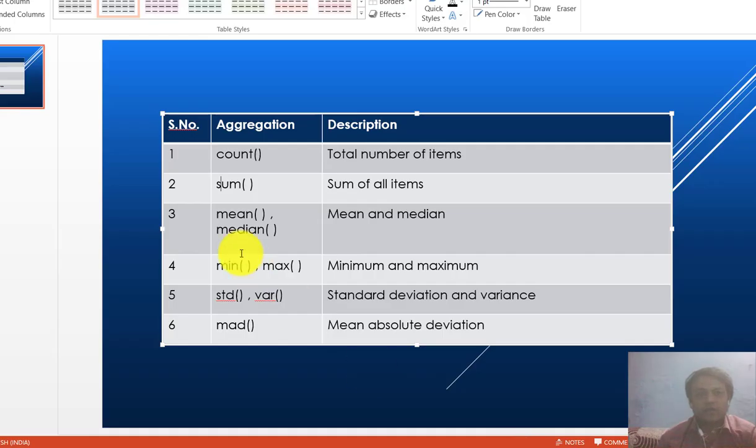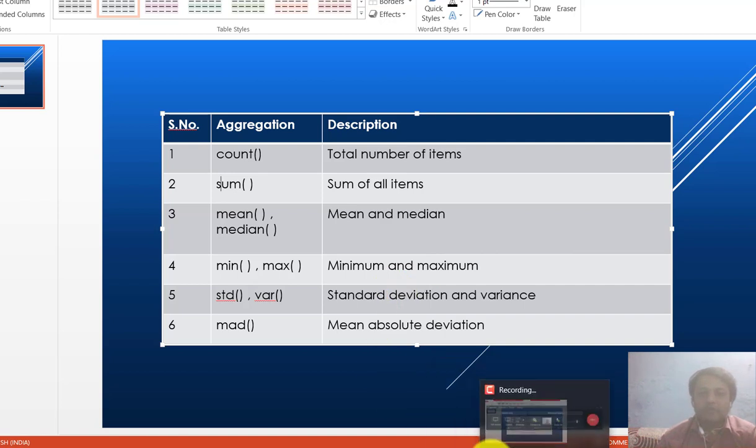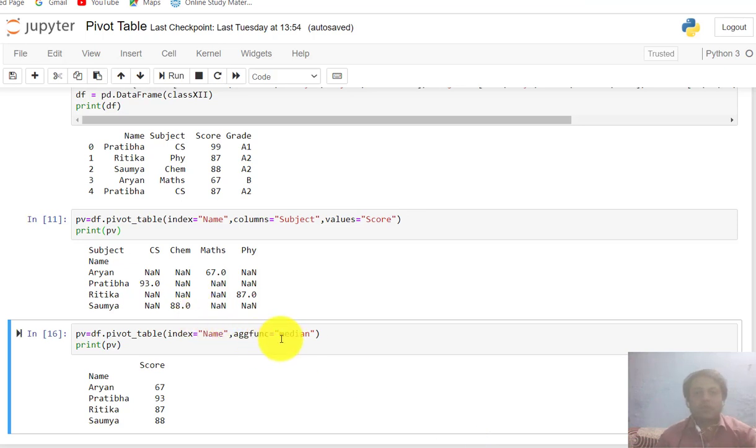Now we have the next, minimum and maximum. You can also perform the minimum and maximum operations. So how can you use them? Let's see here. First you will use the minimum. If you want to find the minimum, simply write min here. Clear?